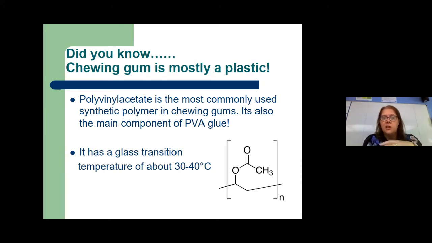And the reason it behaves like that is something to do with the glass transition temperature and to do with the properties of polymers. Now at the bottom corner, you can see the repeating unit for PVA. So this is the vinyl acetate molecule. The square brackets, if you remember from GCSE, tell you that's the repeating unit. And essentially there's just lots of those stacked together in a really, really long chain.